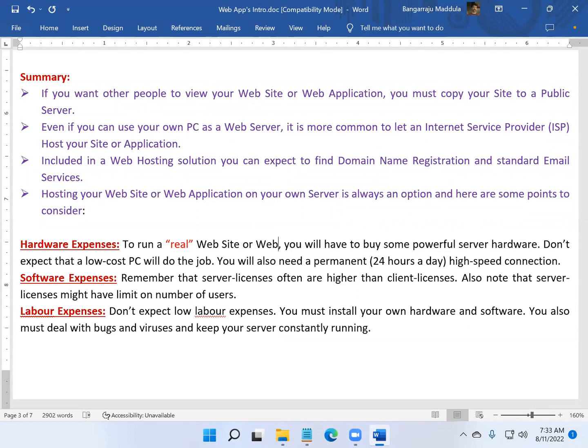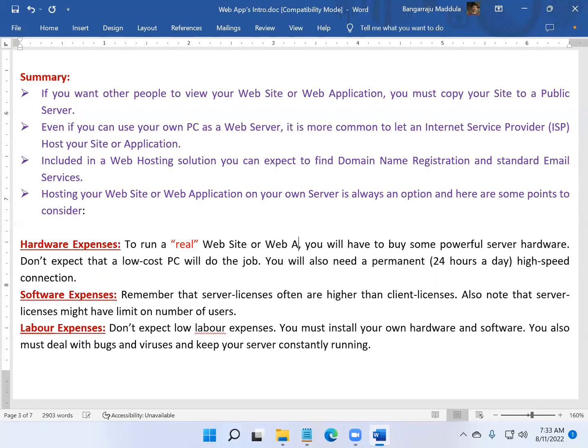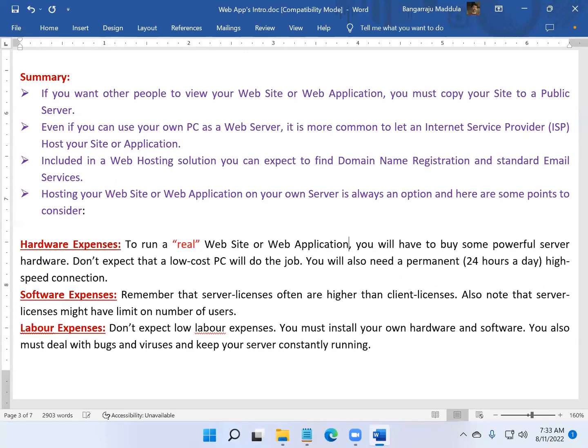You have a small machine with 8 GB RAM, a dual core processor or a quad core processor, and you get multiple clients accessing the application at the same time, there will always be a performance problem. So that's the reason why a low cost PC cannot do the job for you.